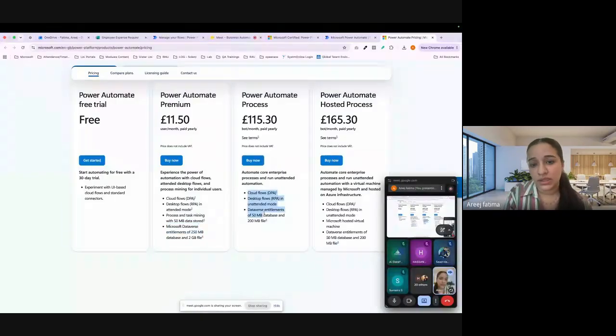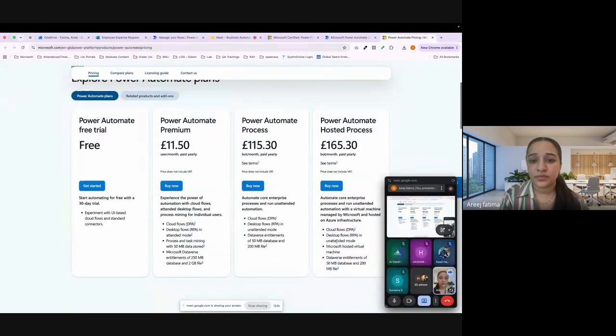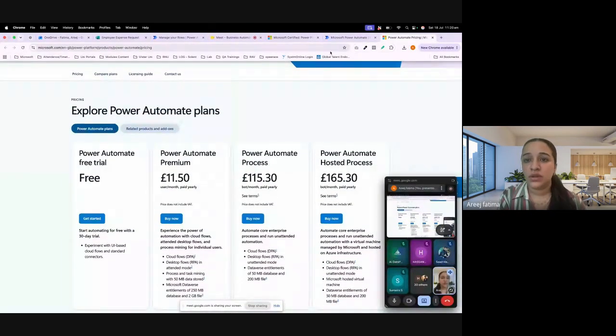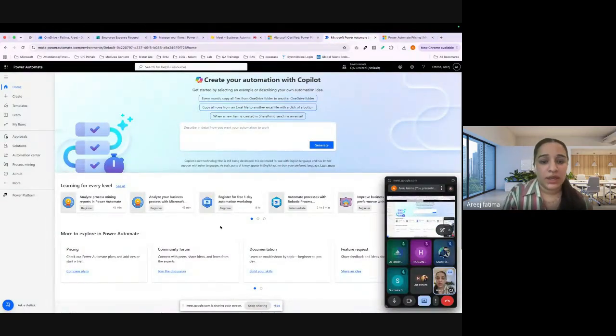These are all the things that are available inside it, and then the hosted flow. And inside the hosted, we have all these things available. So it depends on our case study, which one we want to buy for our whole process. And after that, we have the community forum for this one, and the complete documentation.